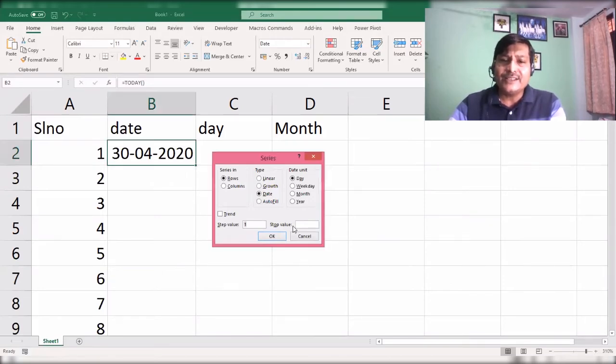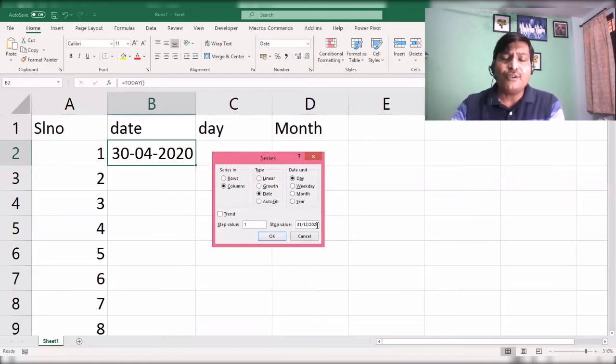So we can simply go here and type 31st slash 12 2020, and now I want column, so we can click on the column. Step value is 1 and the stop value is my finish date. Last date of the project is 31st 12 2020. Remember one thing, if your system date format is ddmmyy, you can choose ddmmyy in the stop value. If your system date format is mmddyy, you can use mmddyy format. You can just look at your status bar and check your date format.